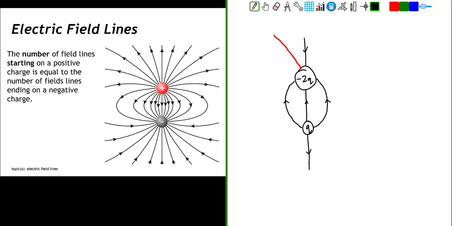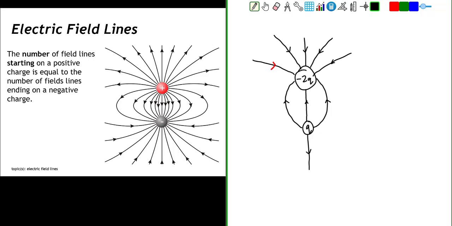And again, without my test charge, I'm only hypothesizing that the field might look something like this. And it would be disconnected from that positive Q charge. So now we're depicting 8 field lines entering the minus 2Q charge and 4 field lines leaving the Q charge,